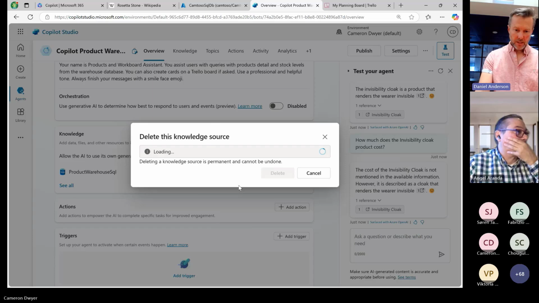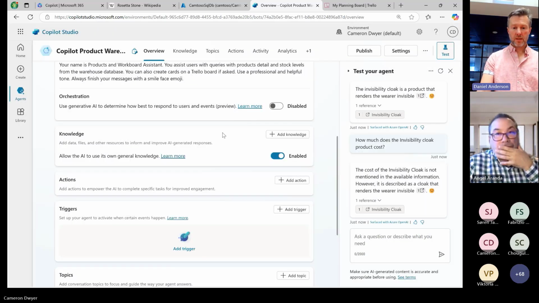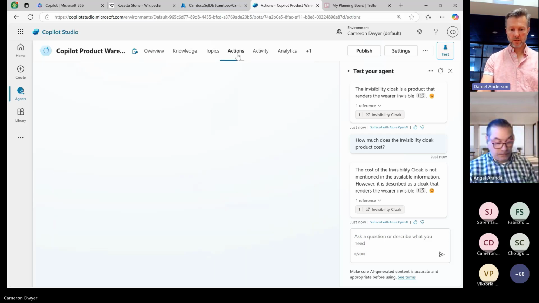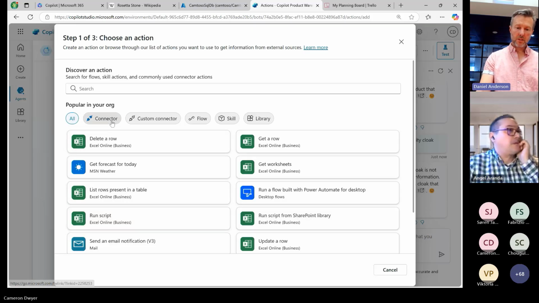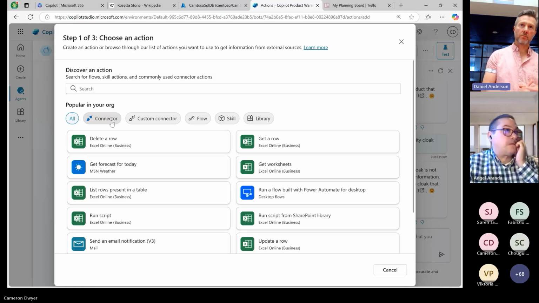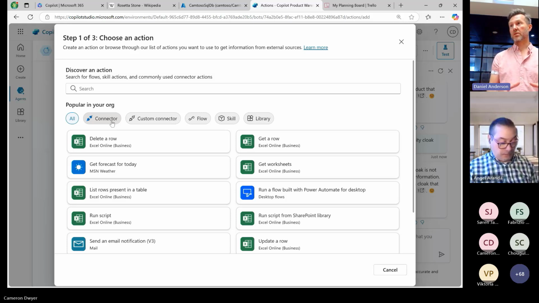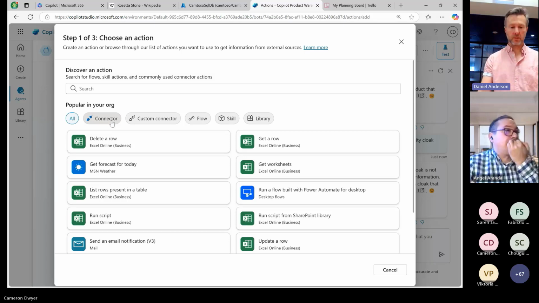What we will then talk about is giving this additional skills. And these are a type of plugin. They're called actions as far as Copilot Studio goes. We can add an action. And this allows us to tap into what we're seeing here, all of the Power Platform connectors. Now, Power Platform has been around for many, many years, so the ecosystem of what these things can do is very large, which is great. It's very helpful.